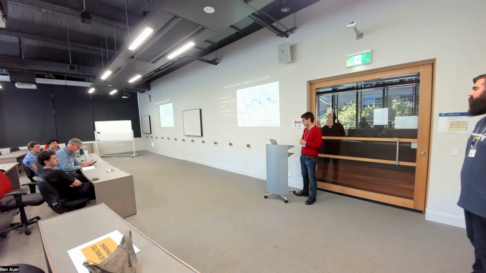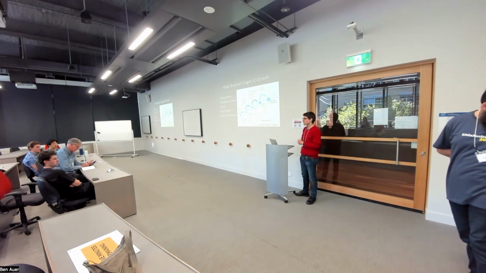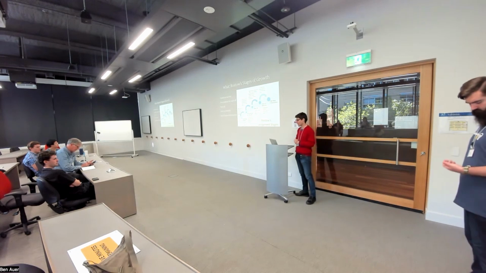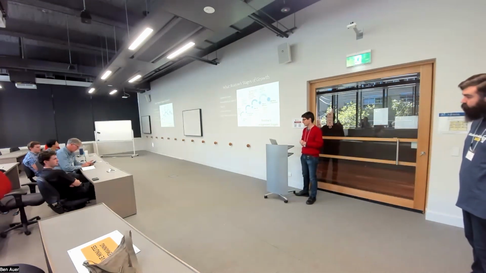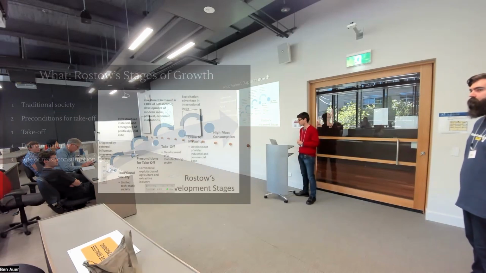We can break this question down a bit by first thinking about what is the process of economic growth or development? What is it that we're trying to understand more in a descriptive sense before we ask the question as to why it's happened in some places and not others. Not surprisingly, there's many frameworks that one can look at this through. I've chosen to present one here, which I think is quite helpful, and quite an influential one in the literature, Rostow's stages of growth.